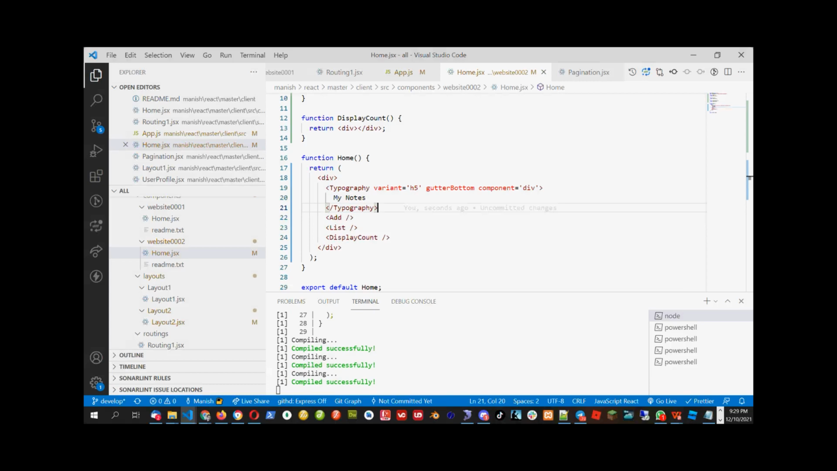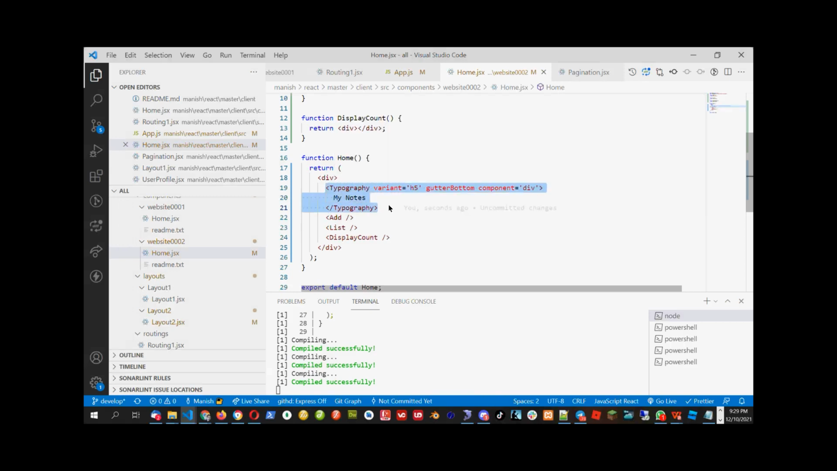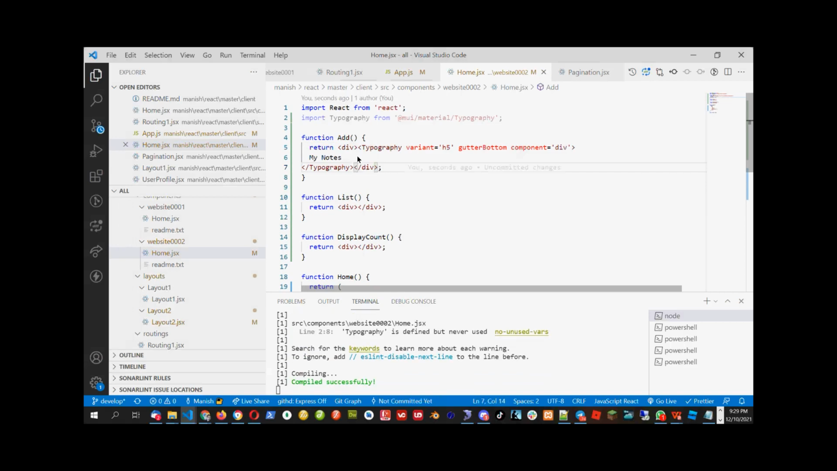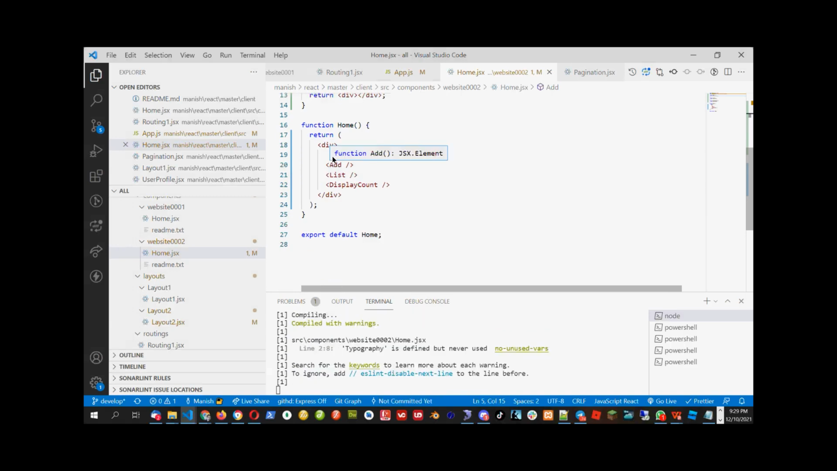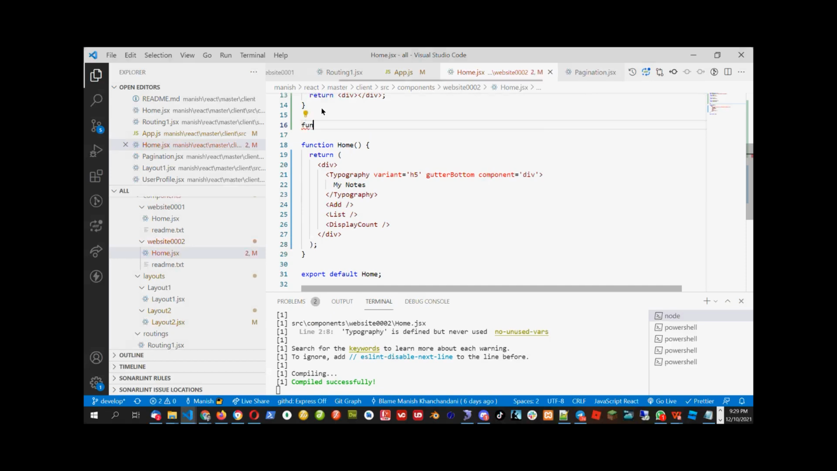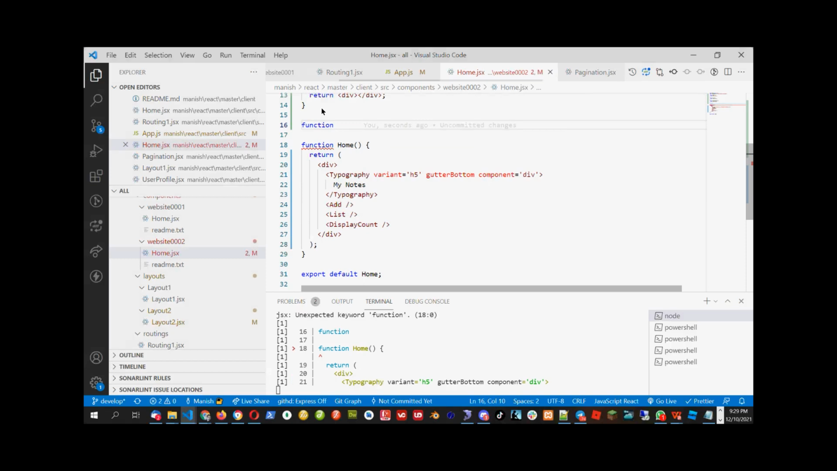Okay, let's go to Shweta. Okay, Shweta, what you did is you took this typography in my notes and you put it inside the add one. Okay, so add will not get this title. Title is a separate thing. You should not put it inside the add. Okay, you should keep it separate. Or if you want to put it in some component, create another component. Maybe anywhere we are calling add to home,